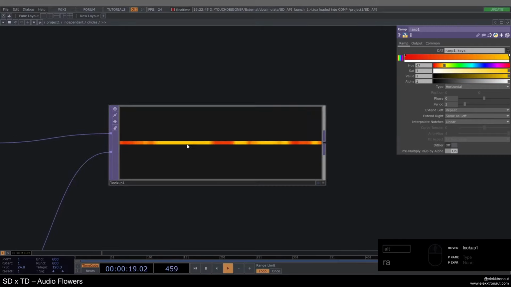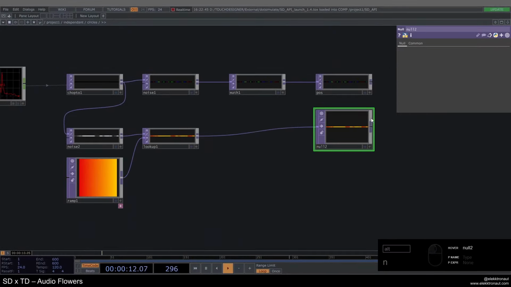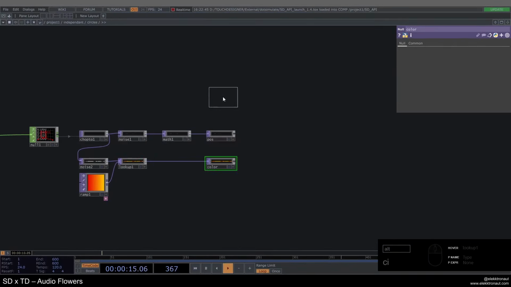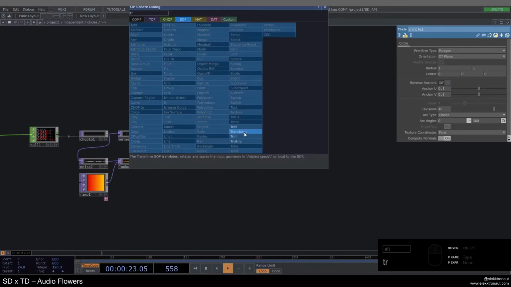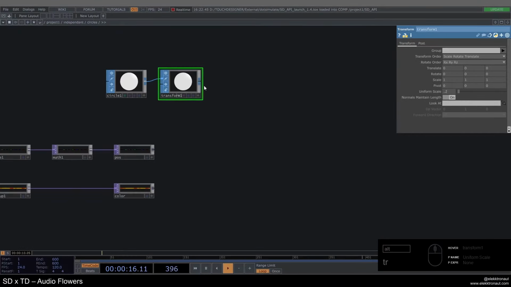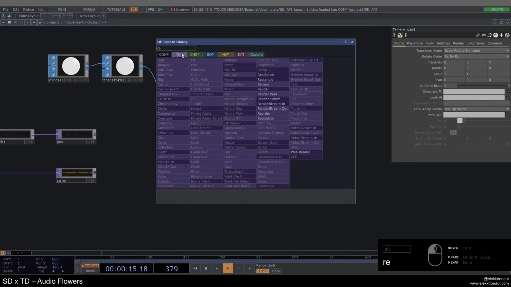So these are going to be the colors of our circles. I'm going to add another null and call this color. So I'm going to add a circle SOP as well as a transform. And on my transform, I'm going to go down to uniform scale to 0.2. And I'm going to add a geometry from there, as well as a camera, as well as a render top,